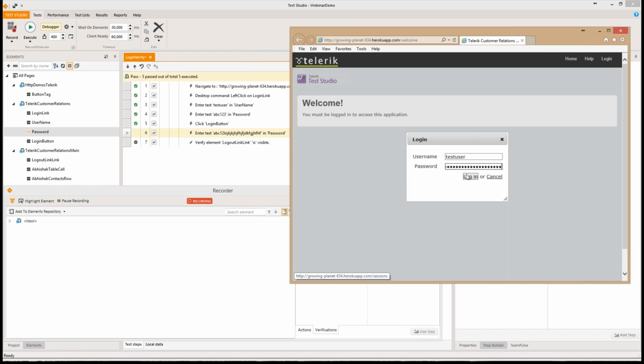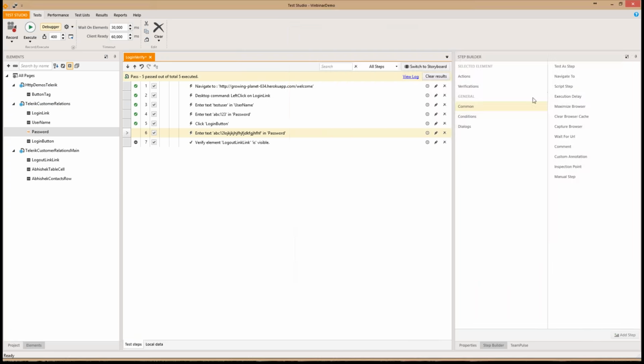So now we have an issue where JavaScript key press was used. So there was some UI actually that was required to be actioned upon. Now the way Test Studio handles it is very, very simple and beautiful. All you really need to do, I'm going to remove this step, this was just to demonstrate it. All you really need to do